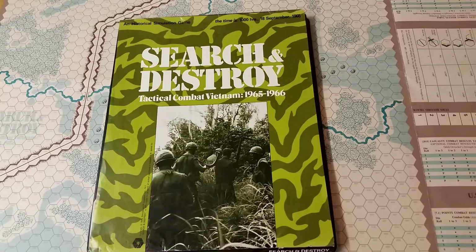This was designed by the late John M. Young and was published in 1975 by SPI in this flat box edition. In addition, this is sort of the game that was a follow-on to the earlier Grunt, also I believe designed by John M. Young. It's a very tactical game, and I acquired it when it first was released in 1975,